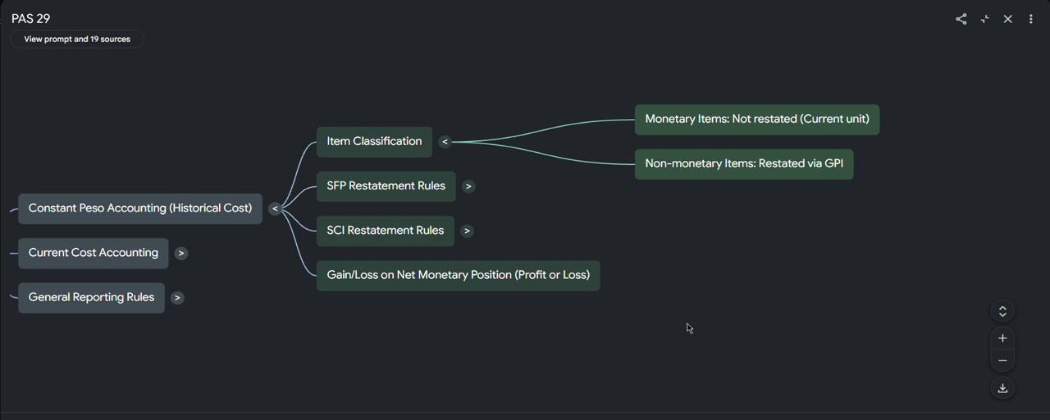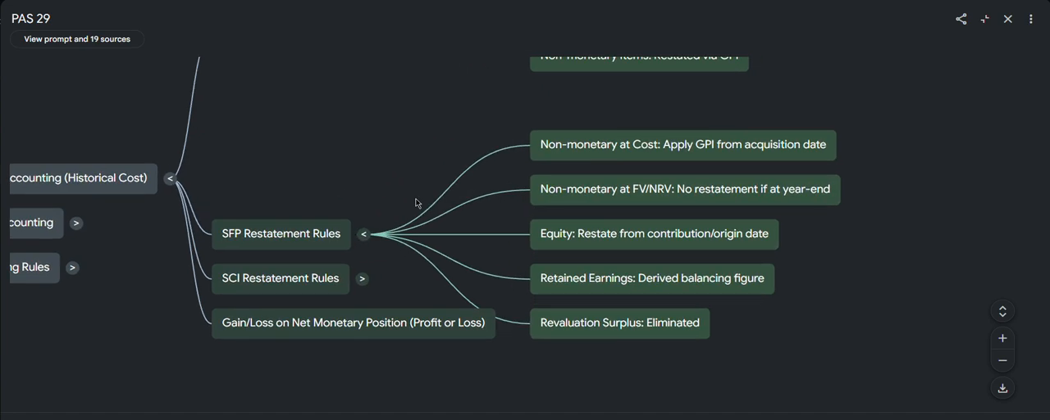So what happens with monetary items? Accordingly, monetary items are not restated. In contrast, non-monetary items are restated using the general price index. In relation to SFP restatement rules, non-monetary items at cost apply the general price index from acquisition date, and non-monetary items initially measured at fair value or NRV